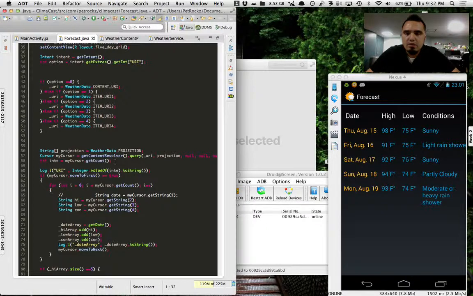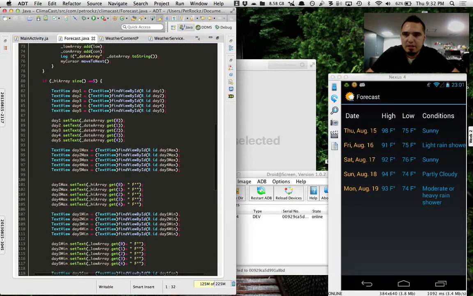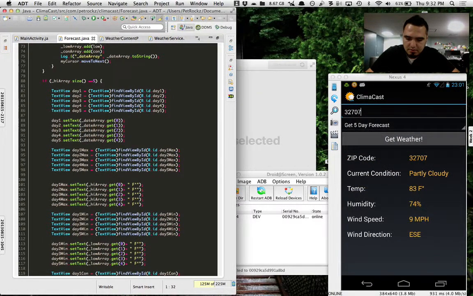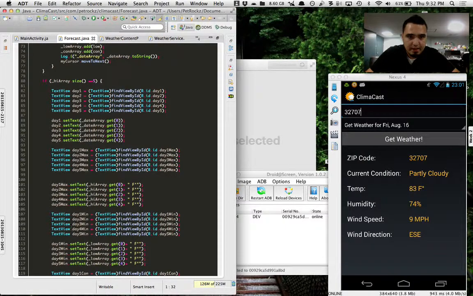And we use the weather service to feed the content provider, and we call that in the main activity, and then we use the content provider to pull the information in another activity, so that it doesn't impair the activity from starting. So that's good. And then the information updates. And you can see the logic. Basically, I'm going to show you here, we have individual days, let me go back, we have individual days, so August 16th, take a look at that. And the logic here,